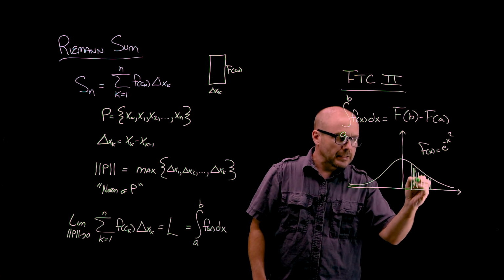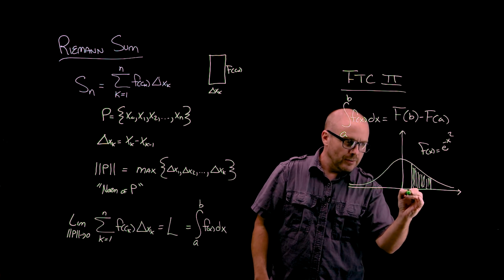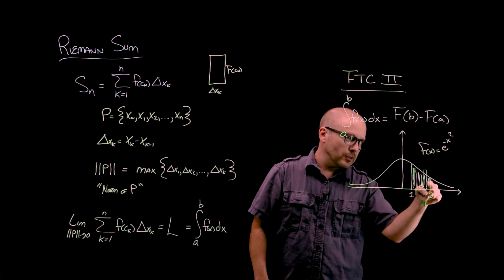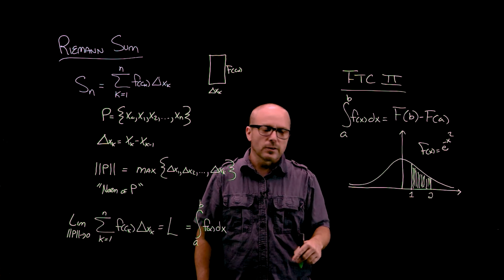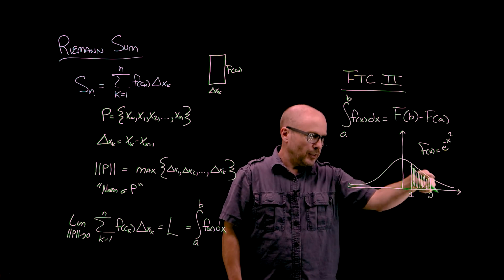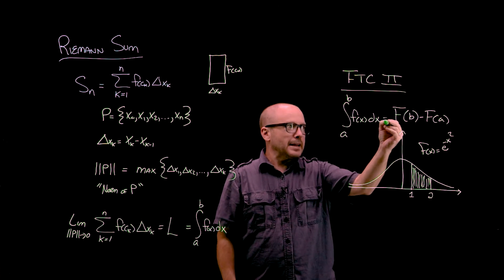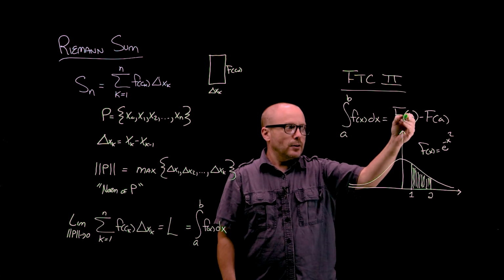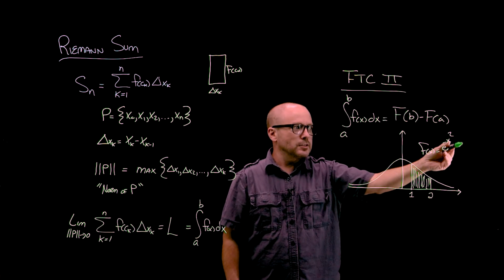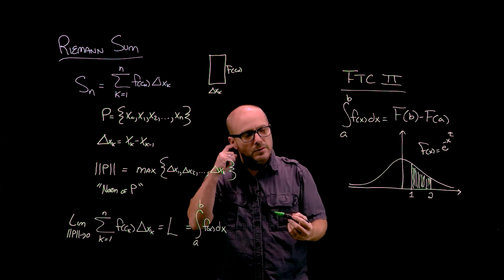But, I mean, clearly there's an area there, right? If I'm going from 1 to 2 on this curve, that's a nice continuous curve, finite interval. There's some area there, but I can't get it this way. There is no antiderivative. There is no function whose derivative is e to the negative x squared. So